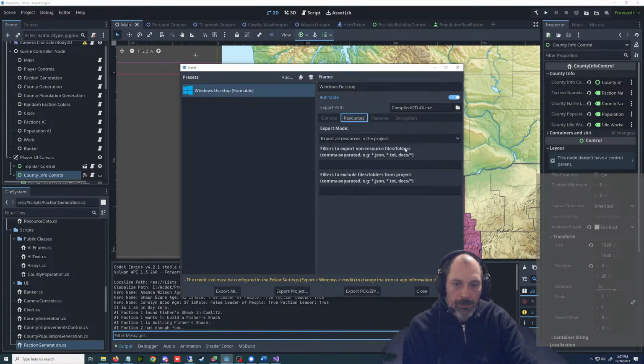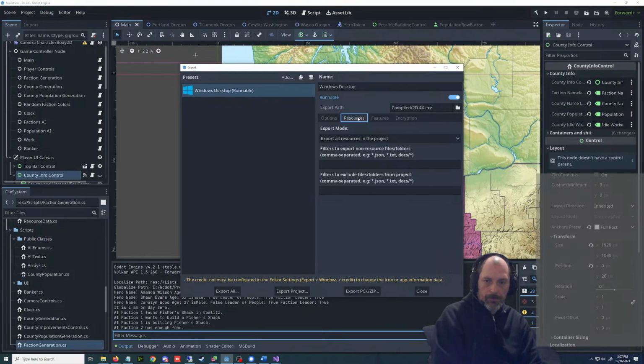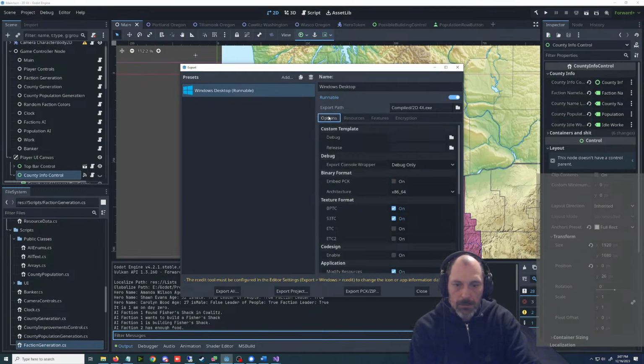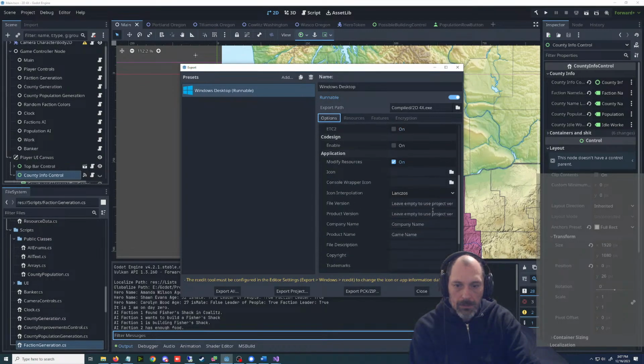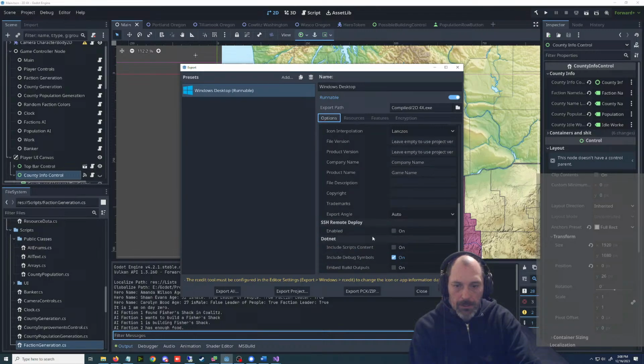Filters to export non-resource files. Godot export folders in res.